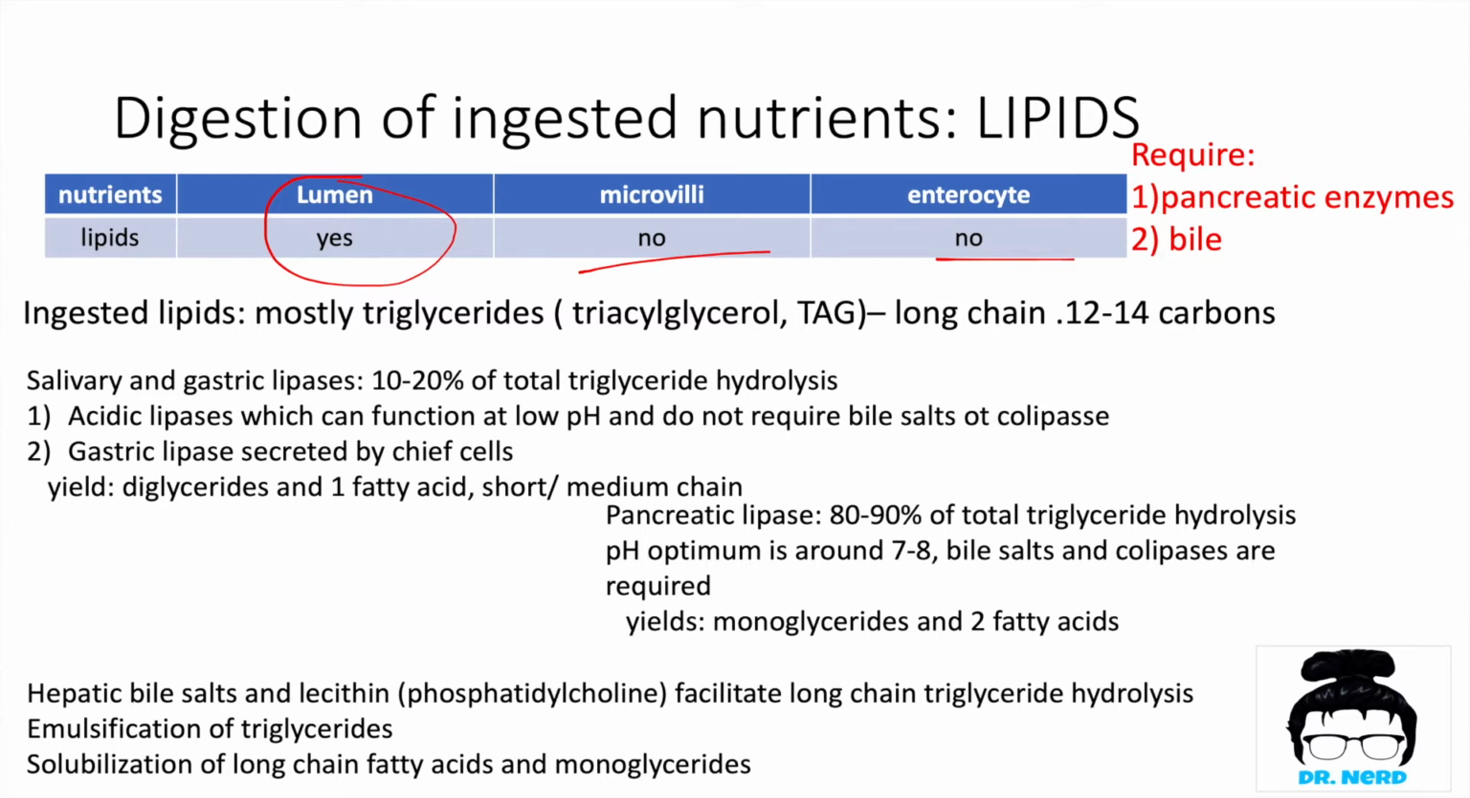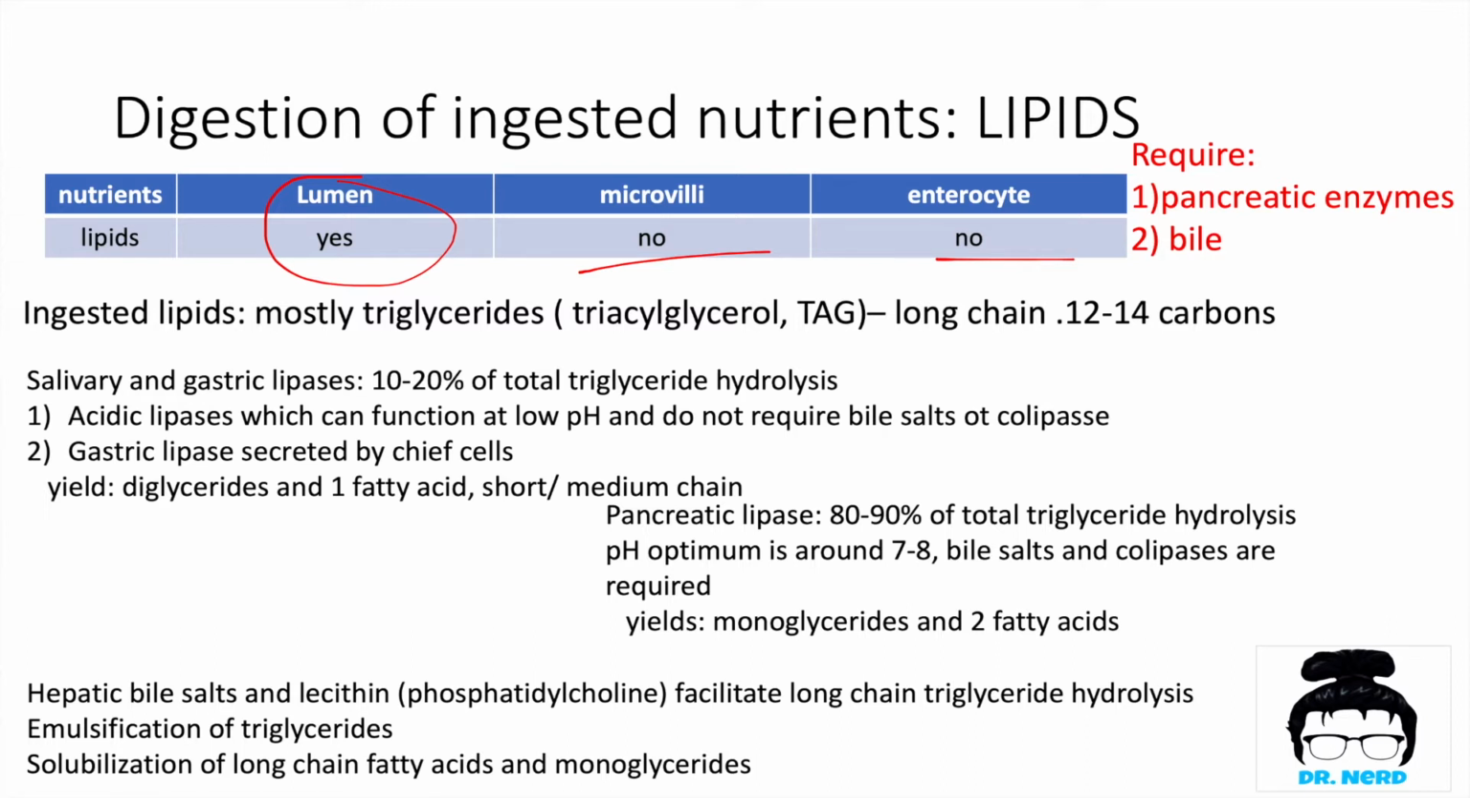Salivary and gastric lipases account for 10 to maximum 20% of total triglyceride hydrolysis, while pancreatic lipase is 80 to 90% of total triglyceride hydrolysis. Now, so pancreatic lipase, where is it going to work? It is secreted from the pancreas, but it's going to work in the small intestine. Acidic and gastric is in the stomach, and acidic usually starts in